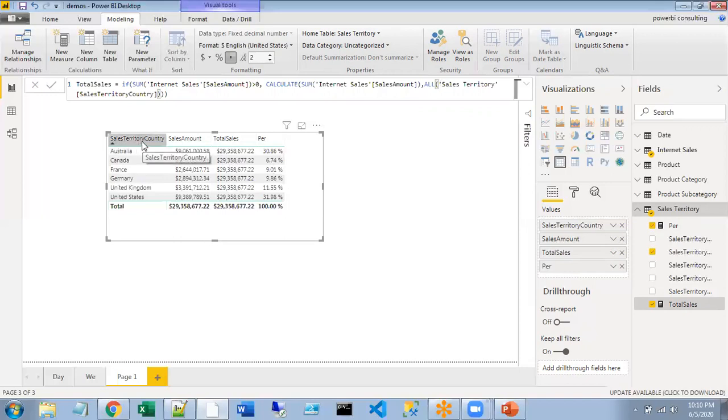It is part of the country column. What I said here is ALL of country. So the ALL function ignores this value, right? As it ignores this value, it returns the total sales amount. And this is going to happen with the remaining countries as well. Okay, so this is how you are going to define your context using your calculated column.